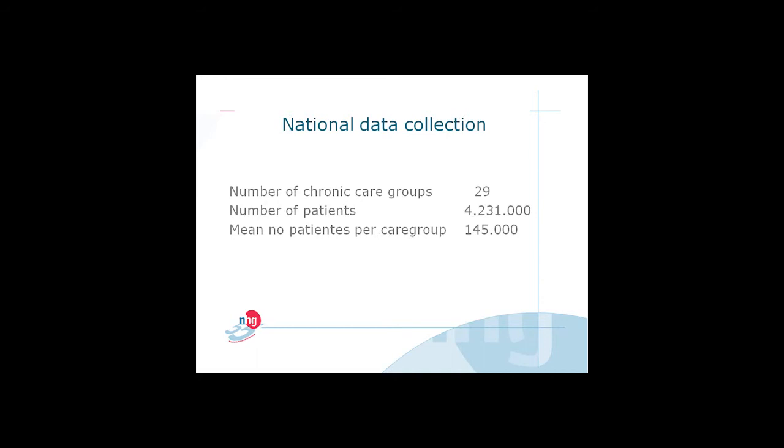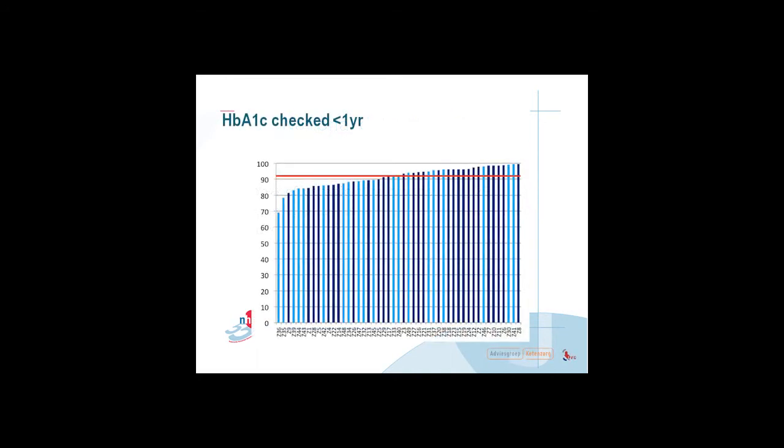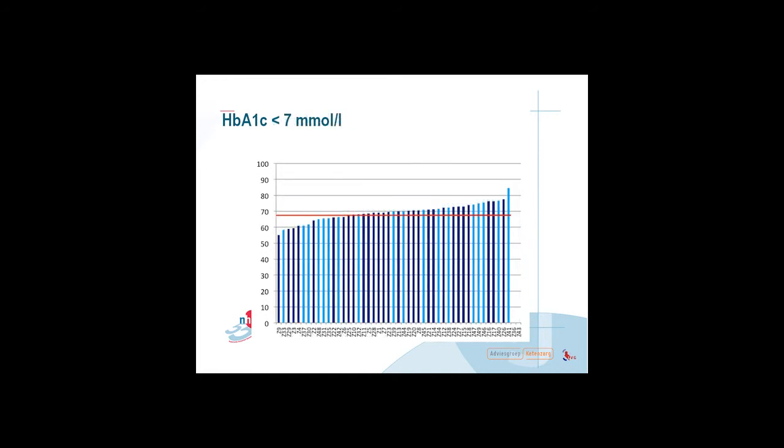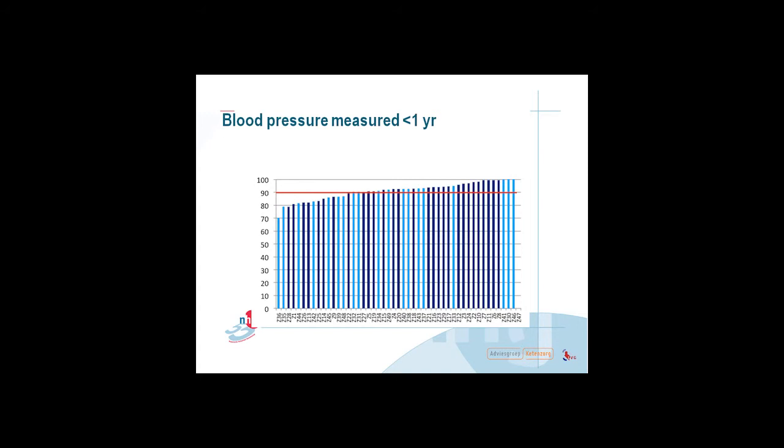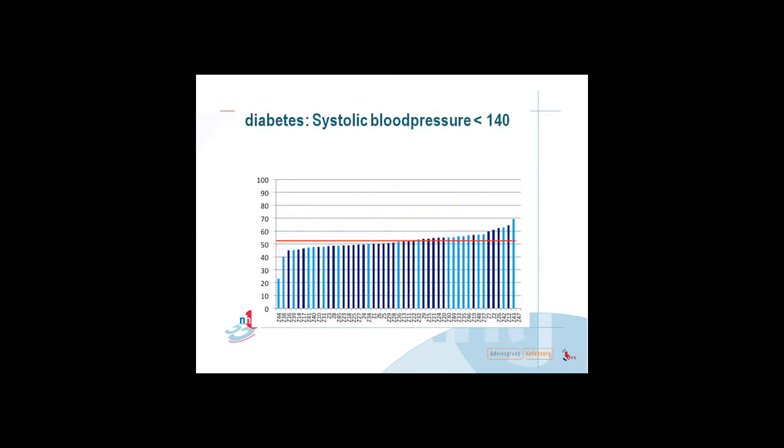140,000. Then you can put them all on one line, and you see that the HbA1c checked during the last year is quite high, with just a few practices or care groups that are lower. The HbA1c under 7 is quite comparable if you look at these groups. The same is true for blood pressure management, the systolic blood pressure under 140. You see that about 52–53%, that's the average, or the mean, I must say,